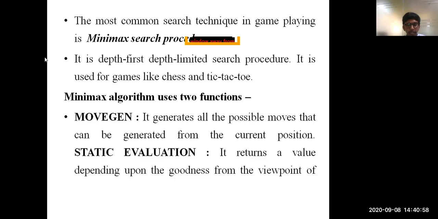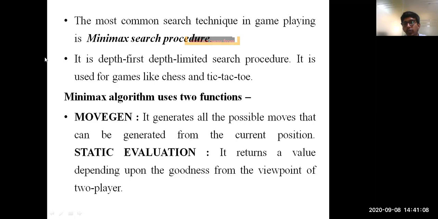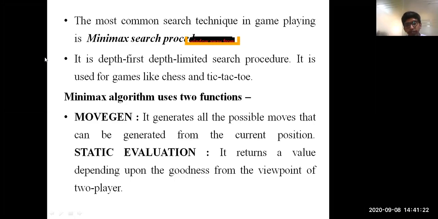Okay. So now let's discuss what this min-max search procedure is. As already discussed in the previous sessions, let's again have a recap. The min-max approach is the most commonly used technique with respect to game playing. Why? Because you'll have a tree-like or graph-like structure where one step is minimization and the other step is maximization. Let's understand that with an example in the next slides.